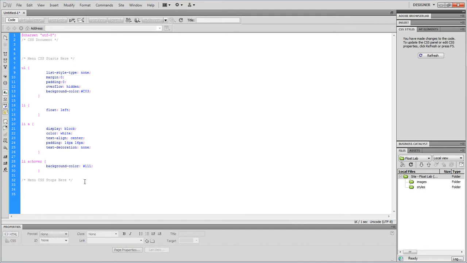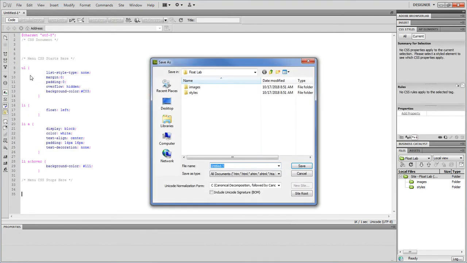Okay, so at this point, we're going to save this file, save as, and because this is relative to the project we're working on, we have the file folders we just made. So styles is empty. We're going to open this up, and you're just going to call this style